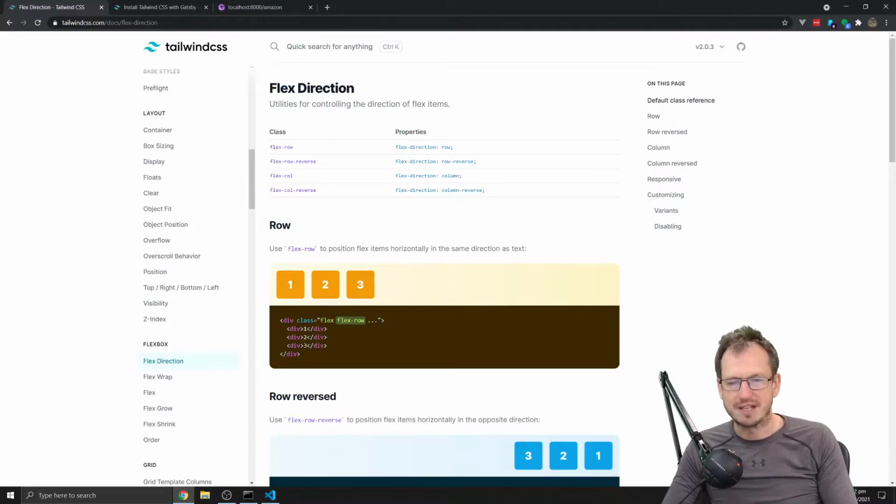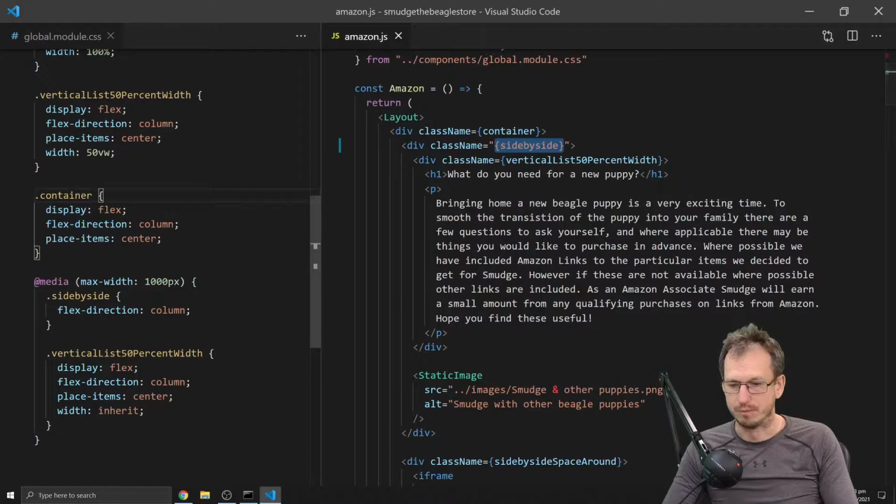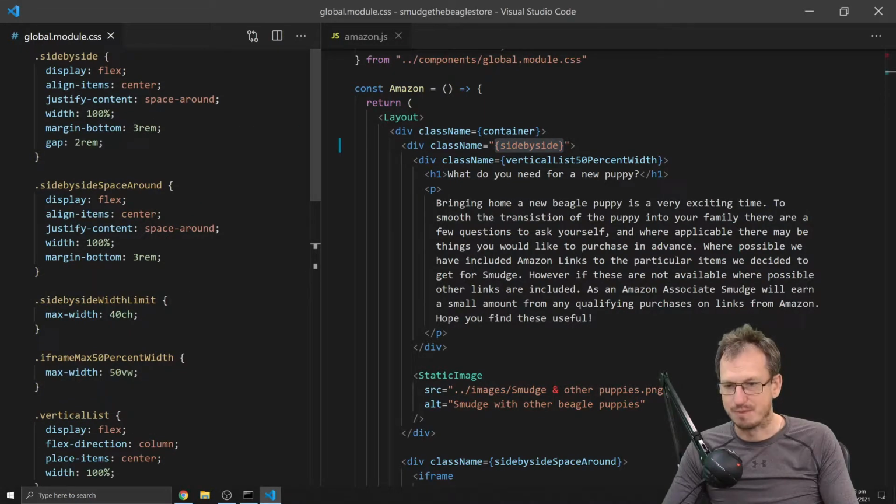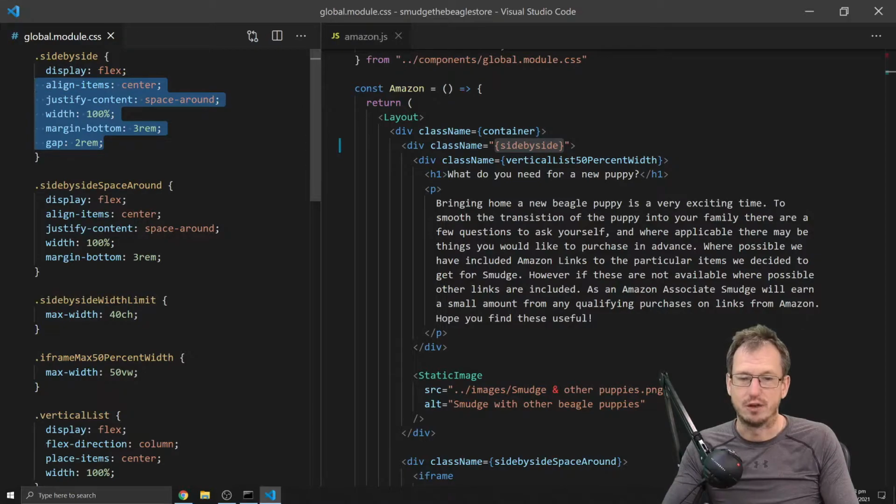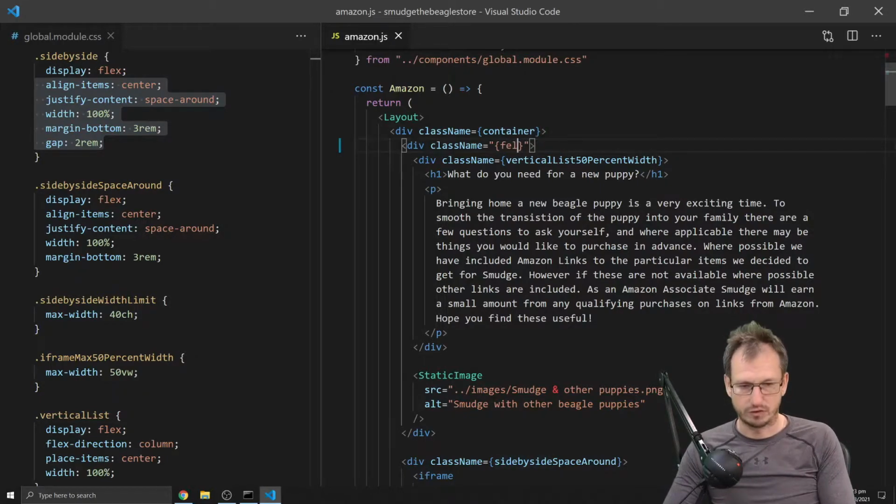But to do side by side, I want to add flex row and also flex down here as well. So I'm just going to do in class flex row. If we look at my side by side at the moment, it's saying display flex. By default, that is flex row. And then I've got quite a few other things that I'm doing on there as well. Now I could add those. I'm almost hoping that I'm not gonna need to. So we don't need the squigglies anymore. So I would just say flex